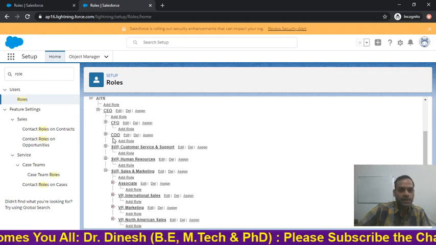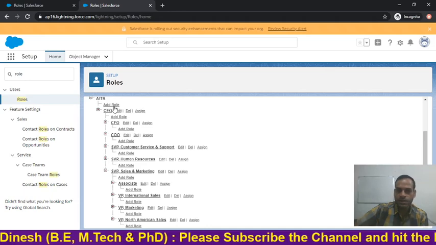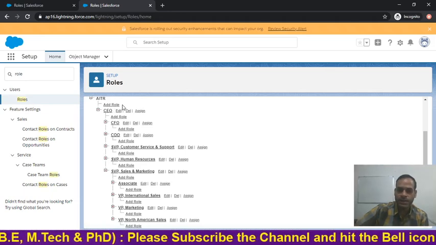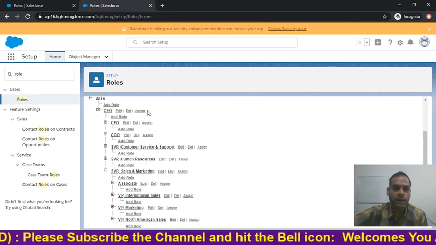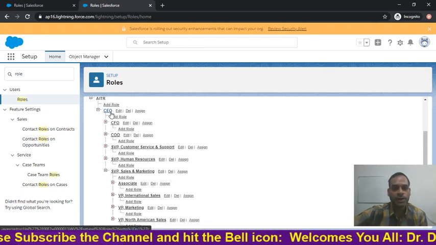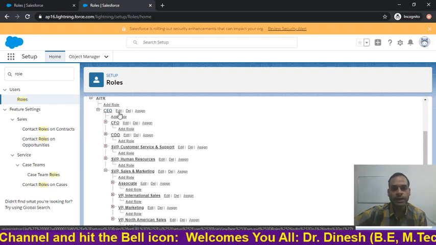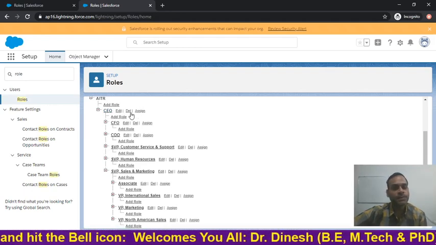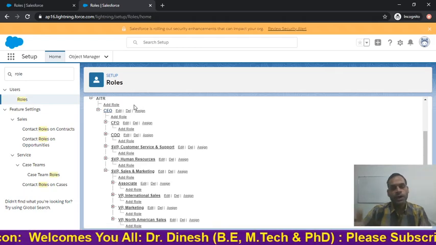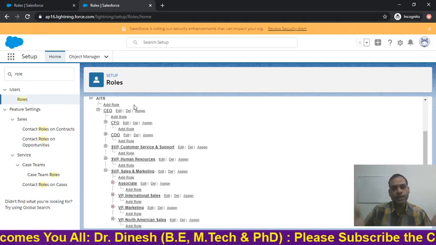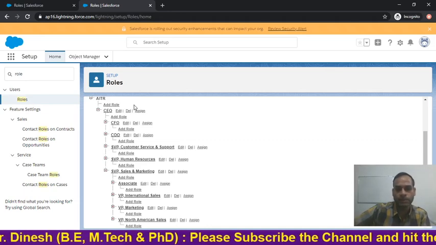Here you will see Add Role. If we want to create a particular role, we can just click on Add Role and create it easily. If we want to edit or modify a particular existing role, we can do that. Suppose we want to change CEO, we can click the edit button, and after that we can also delete roles. It's up to you how you design the roles, and as per the requirement we can perform all the operations in this environment.